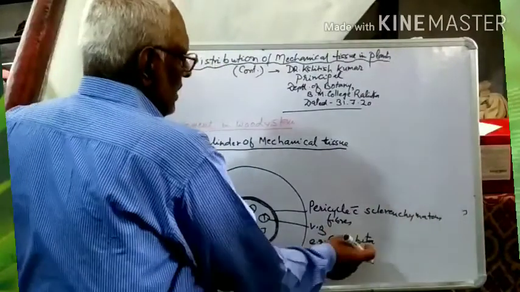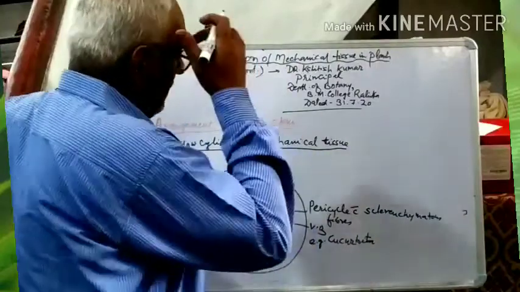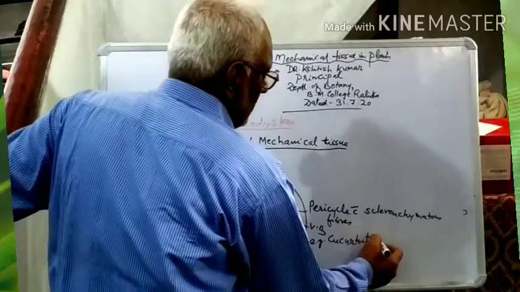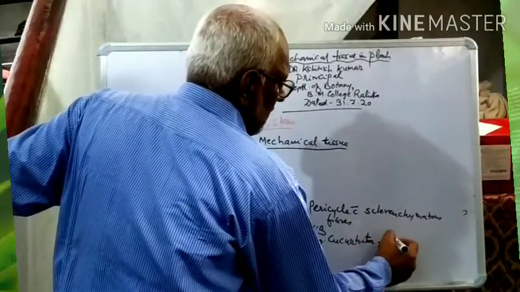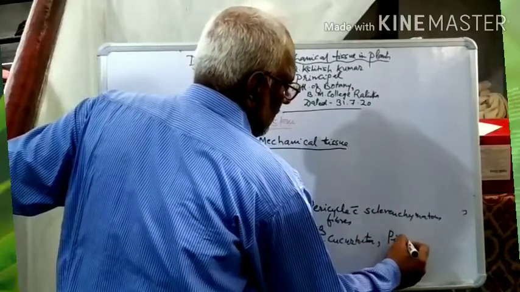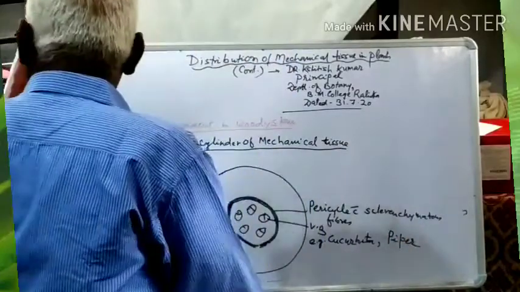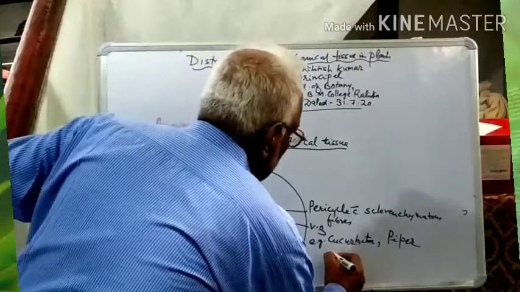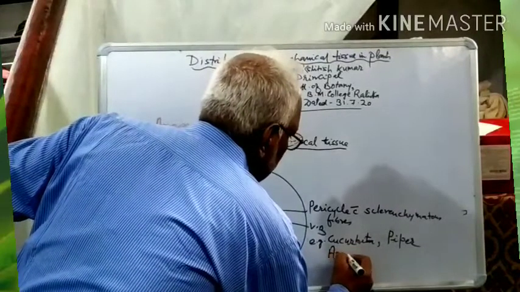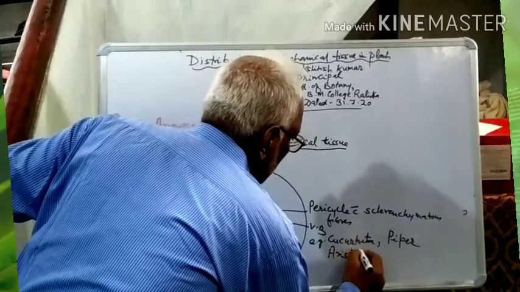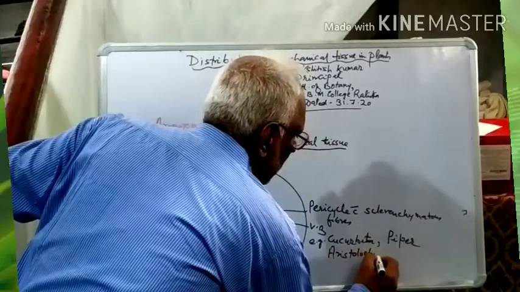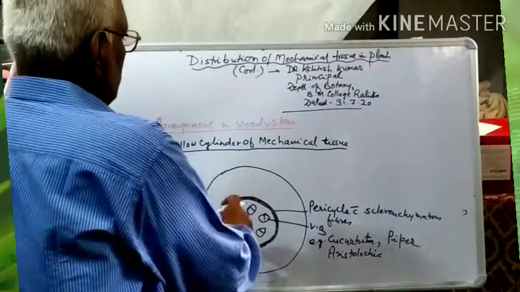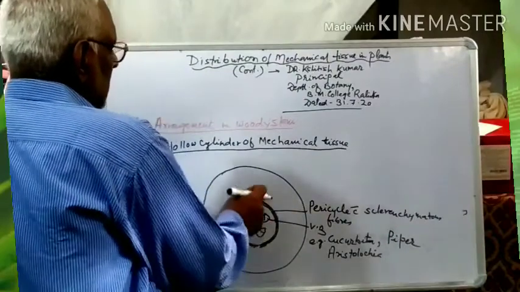Cucurbita is the plant of the Cucurbitaceae family. So the examples are Cucurbita, Piper, and Aristolochia. So these are the examples in which the pericycle is made up